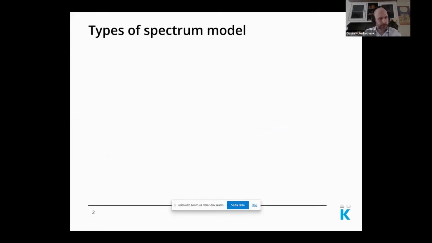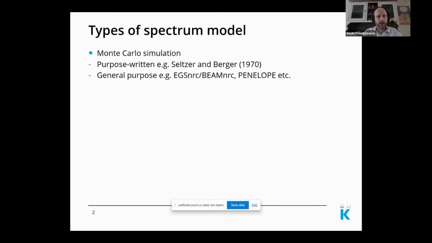So let's start. There are a number of approaches you can take to simulating or modeling what comes out of an X-ray machine. One option, using similar methods to those discussed earlier, is Monte Carlo simulation. Now, this is perfectly possible, and it can be of two types. It can be a purpose-written code for modeling X-ray tubes, or it can be something more general purpose, such as using the EGSnrc or Penelope code systems, or